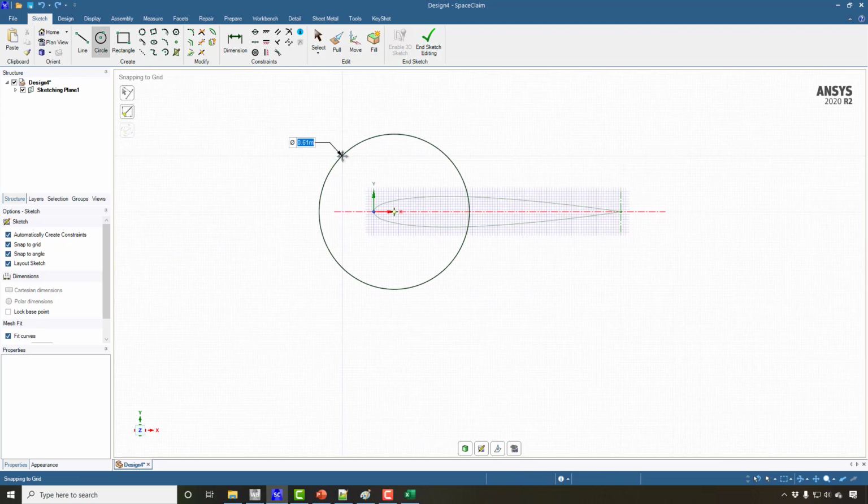I will not make a very large domain, but the recommendation is that if the chord length is 1, the radius of this circle should be at least 10 times the chord length. I will decide on the radius, not the diameter, because the radius is always half of the diameter. So 10 times 1 is equal to 10, which means the diameter should be equal to 20.